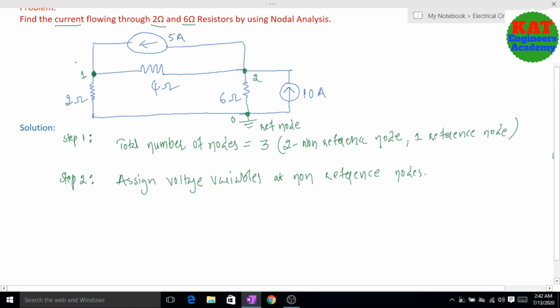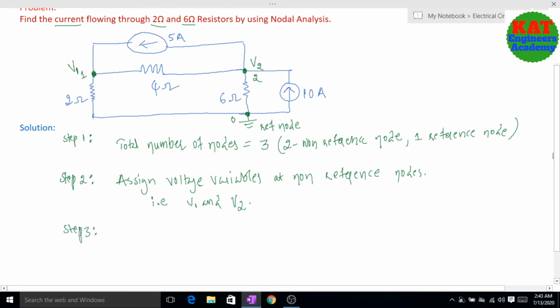voltage variable. Here I am assuming the voltage variable is V1. Next, at the second node, I am assigning the voltage variable V2, only for non-reference nodes. So finally that is V1 and V2. This is the second step. Okay. Next,